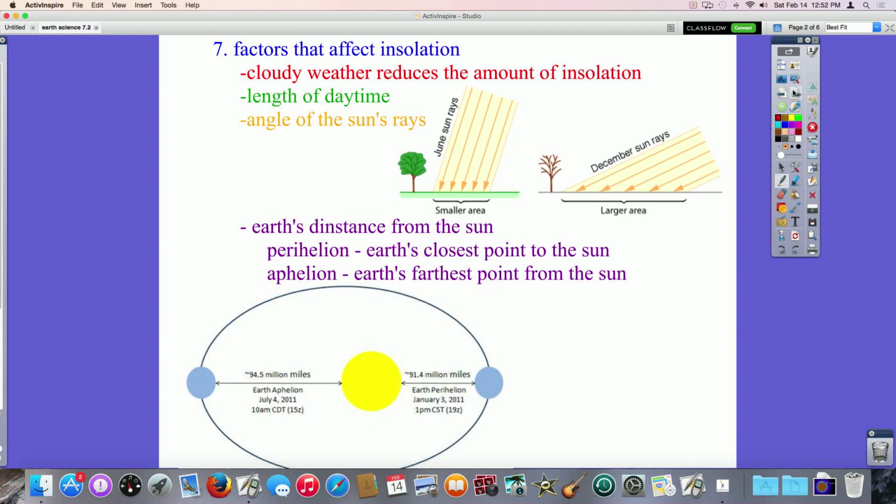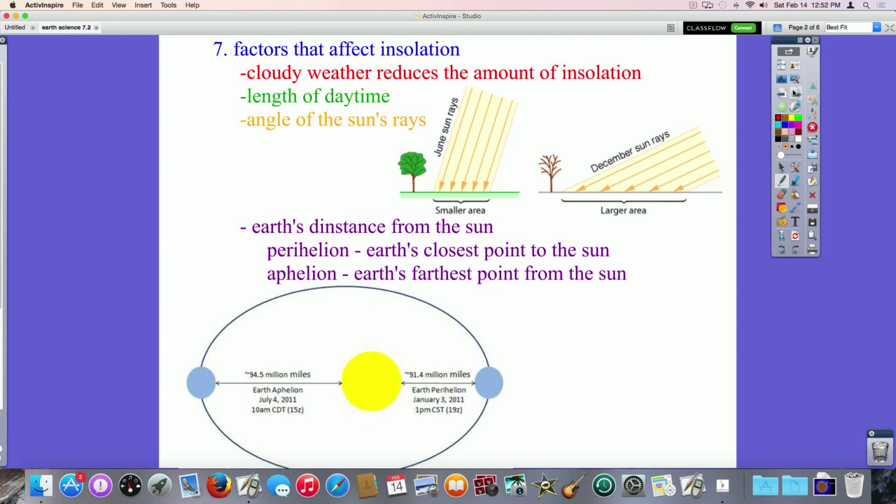In the winter, we get short days. The shortest day of the year is the winter solstice, usually around December 21st. And then the longest day, or period of daylight, is the summer solstice, which I believe is around June 21st, if I'm remembering right. One of the last factors here that we're going to talk about is the Earth's distance